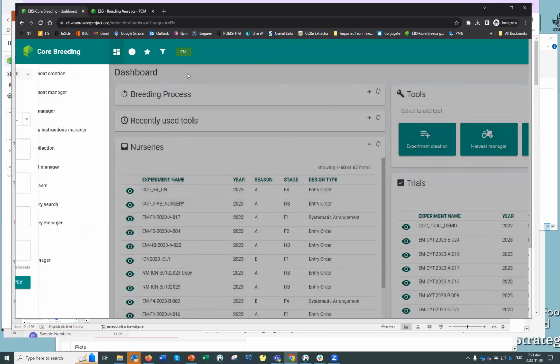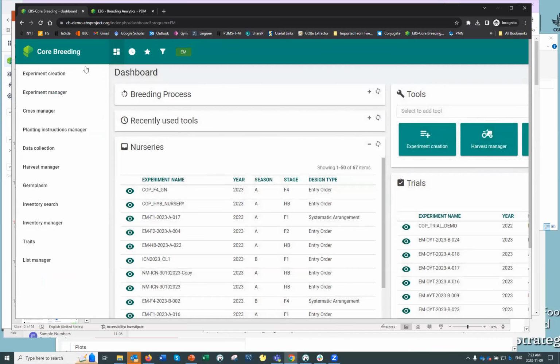So one of the ways to highlight some of the different functionalities that are available in the core breeding system is just to mention the key tools that are displayed on the left side of the screen. So experiment creation allows users to create their trials and nurseries, and then experiment manager enables them to perform many other activities associated with those trials and nurseries during the season.